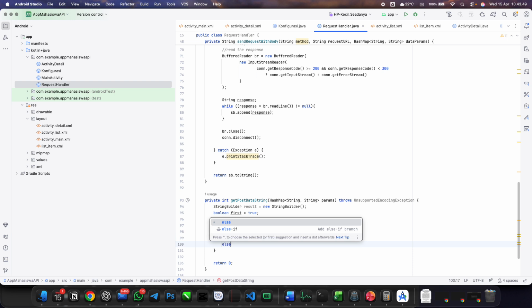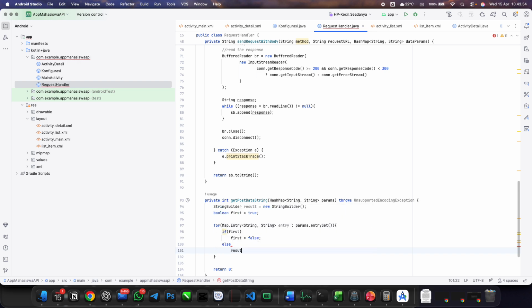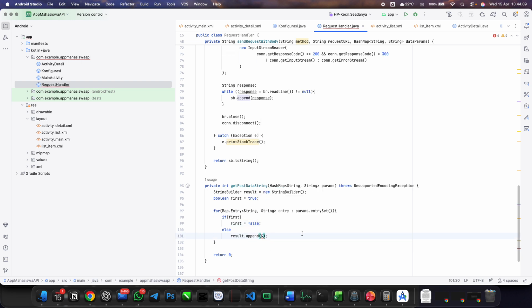Else, result dot append, using the like this. First false is an append. Oh, sorry, this is a character string. Ta-da. Just ignore this one. This is intended to work like that.